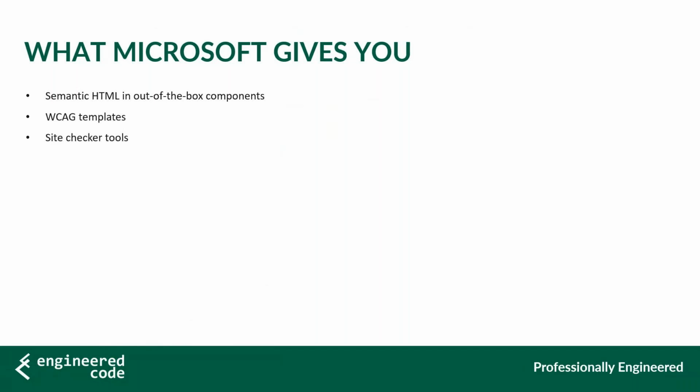And there's also the Power Pages Site Checker tool, which is now in preview, and it can analyze your portal and flag potential accessibility violations like missing alt text or low contrast. So if you're starting fresh, especially with a standard template, you're in a pretty solid place. But as soon as you deviate, which many of us would do, by adding custom JavaScript, styling, that baseline accessibility can degrade quickly. So if we can't rely entirely on the platform, we have to understand how our customizations impact